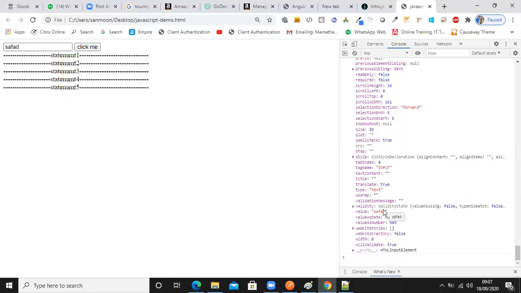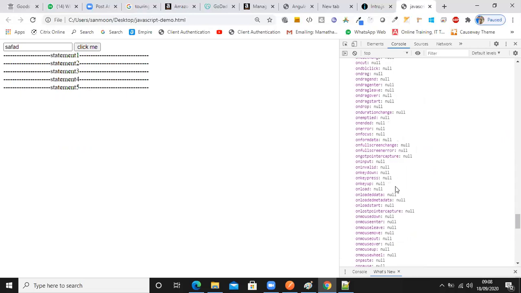An object is not a small thing. There will be so many properties. Since this object is not created by you, JavaScript itself created it and gave it to you. So all you need to do is see and observe how many properties and behaviors are available for this particular object and use them efficiently. That's all you need to do. If properties are there, you can use them like a variable. If behaviors are there, you can call them, because behaviors are functions and properties are variables. You understand?